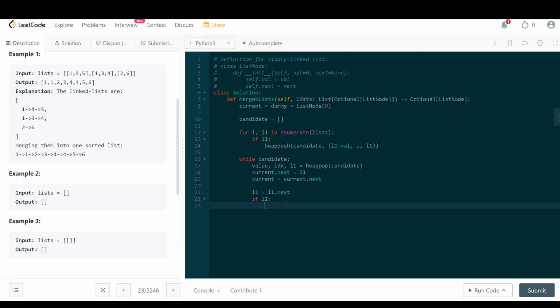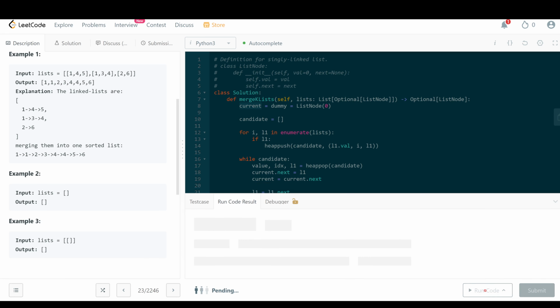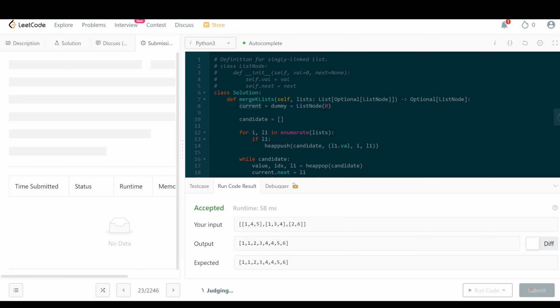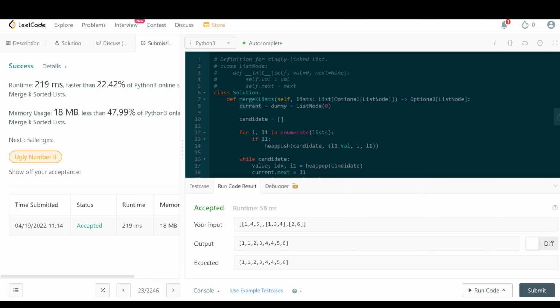So if l1, what we can do is heappush of candidate, comma, l1.val, idx, and then l1, right? And then return dummy.next. So current is incremented, l1 equals l1.next. If l1, okay, so